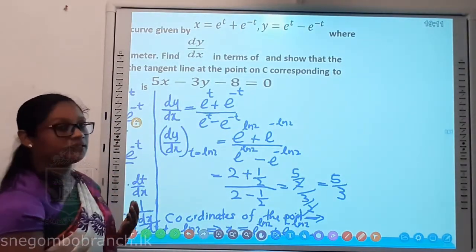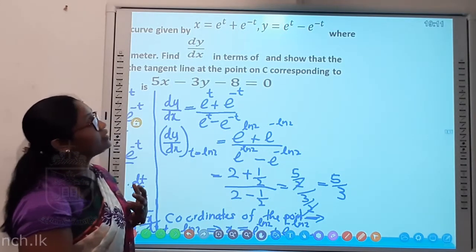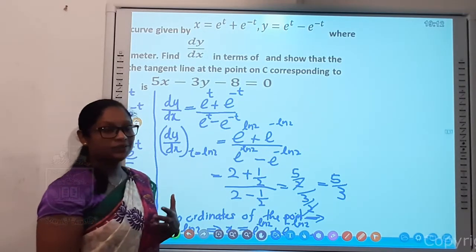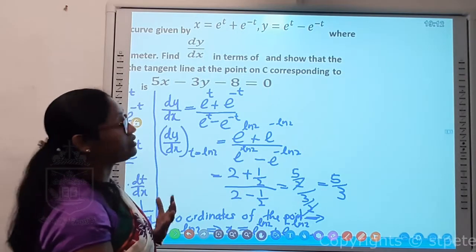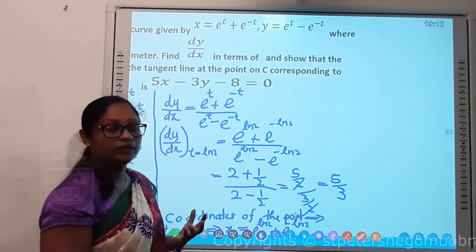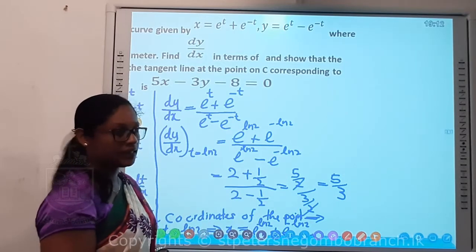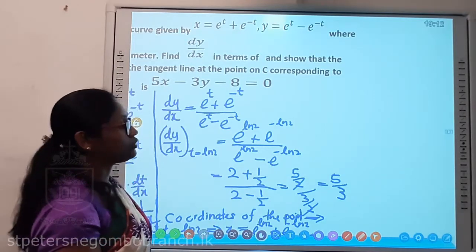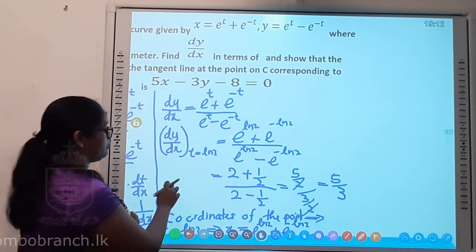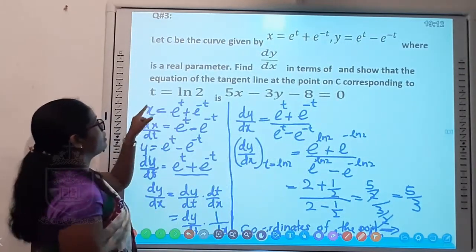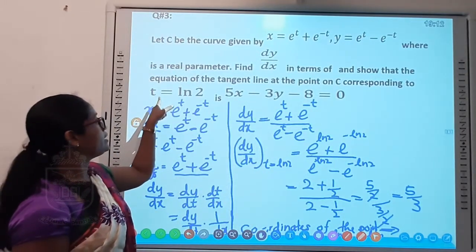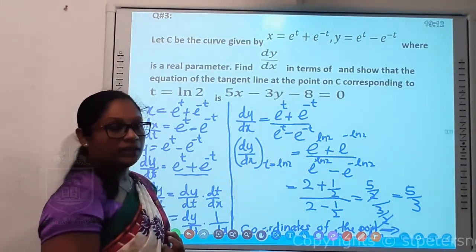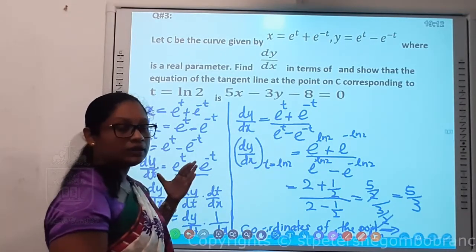Okay, so I just summarize the way I found the answer. The equation is given in parametric form. So to find dy over dx, you should differentiate the given functions with respect to t. After that, using the chain rule, you can find dy over dx. The geometrical meaning of dy over dx is the gradient of the tangent drawn to the curve at the given point. The point is represented by the parameter t equal to ln2, right? So you can find the value of the gradient of the tangent by using t equals ln2, right?